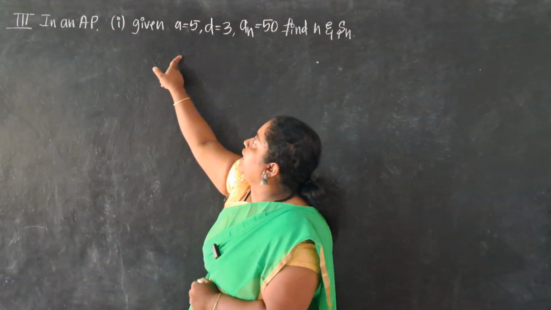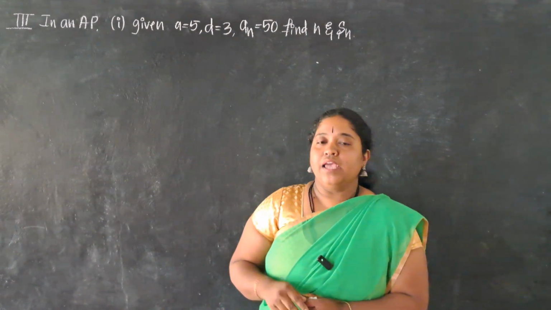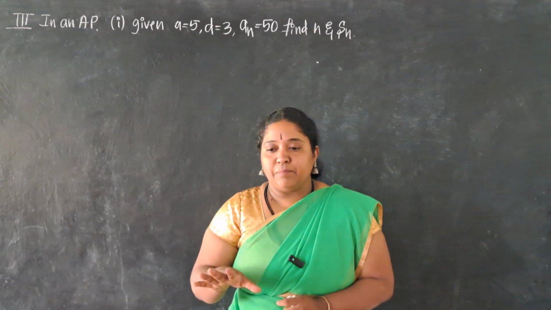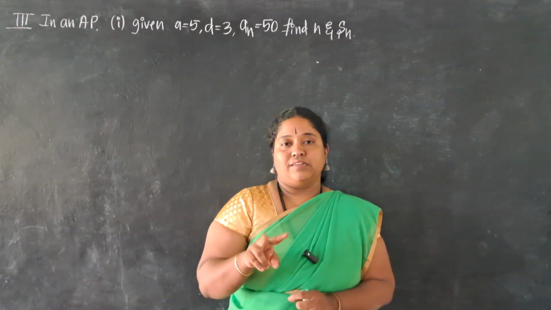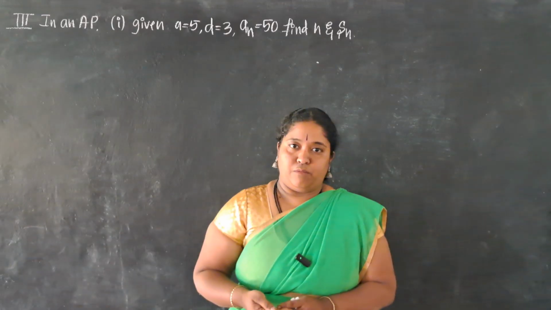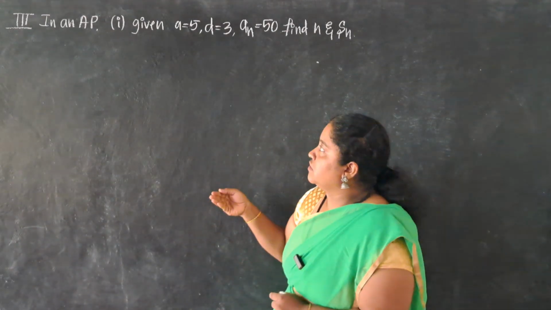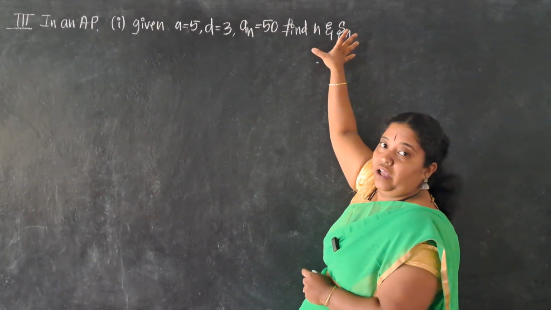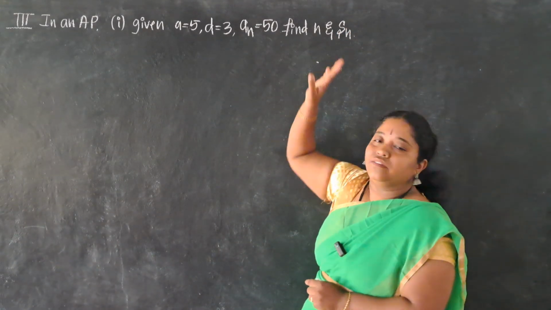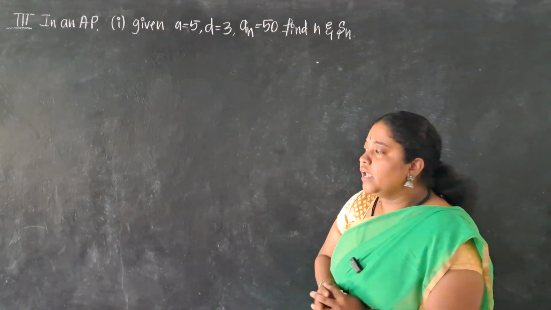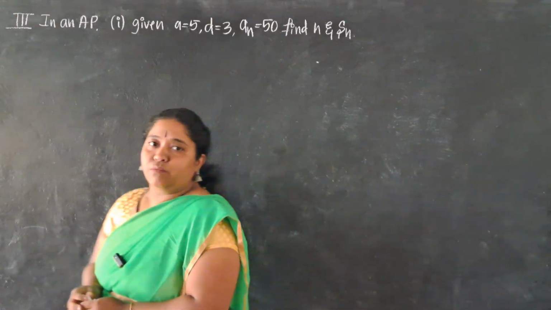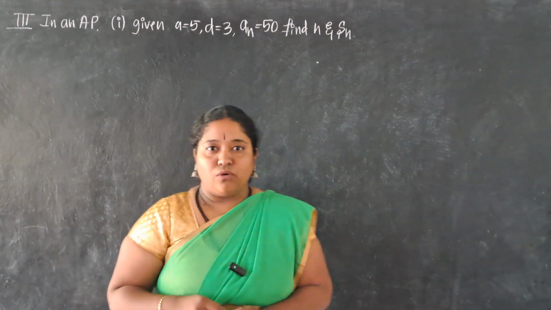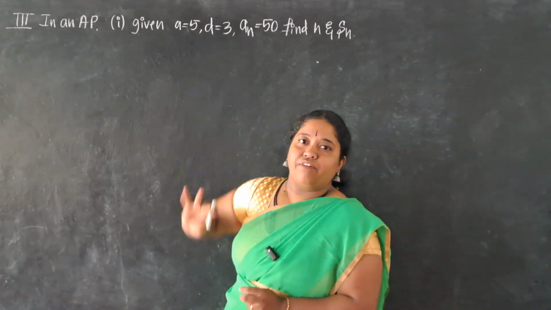Dear, when a, d, an are provided, we have a direct formula. Especially when I am talking about arithmetic progression, we have dealt with only two formulas. One is the an formula and later the Sn formula. I cannot use the Sn formula to calculate n because I still have to find out Sn. I don't know the Sn value. So here, I have to use the an formula. Quickly tell me what is the an formula? Pause the video and comment the an formula in the comment section if you know, and after that cross verify with the board.